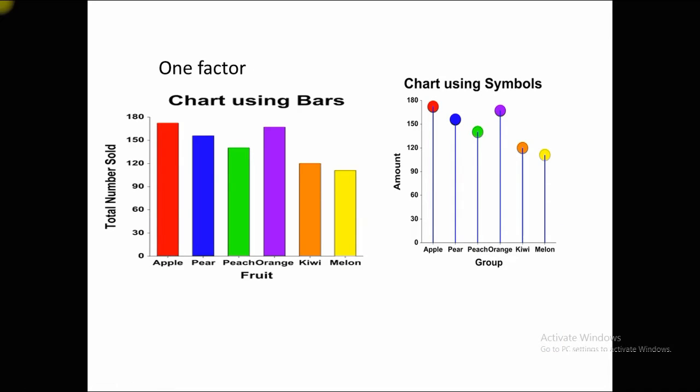For example, we consider one factor, and using a bar chart, how to create this data by charts. One factor means consider only one quantity on the horizontal axis. So here we present only the fruit on the horizontal axis, and in the vertical axis we present the total number sold. So since in the given table